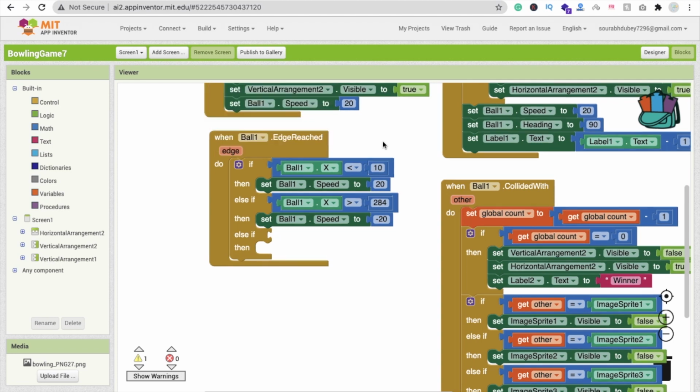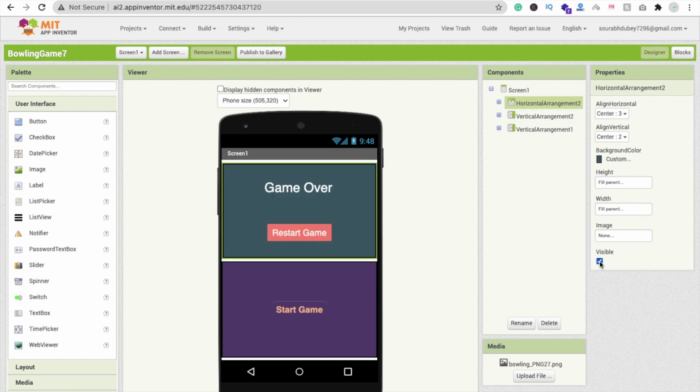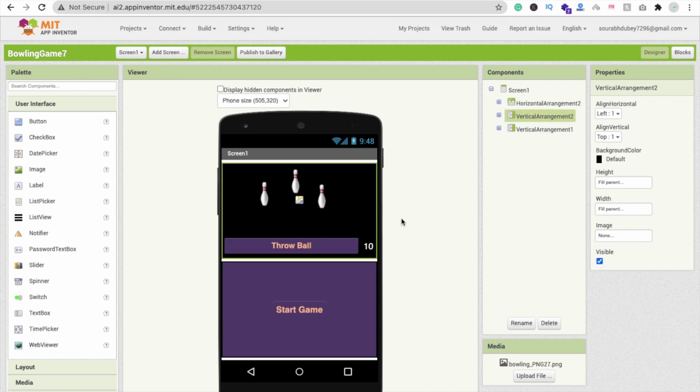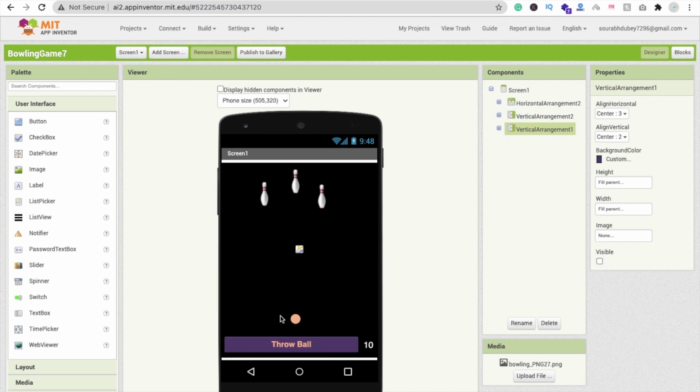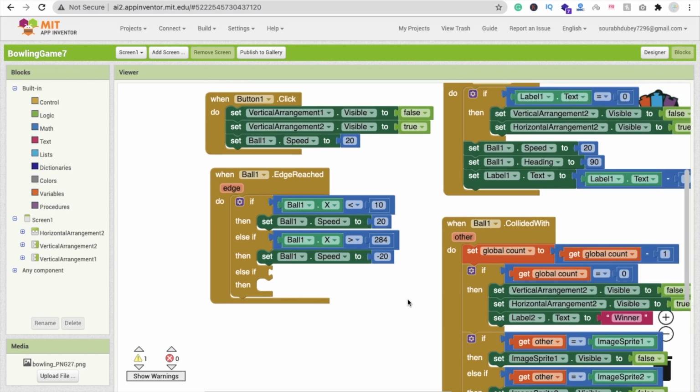So what we can do here is add an else if the y value is less than something. You can see if I go to this wall and make it visible on, and if I make it visible off, click on this ball, the y value is 302. And if the ball is here, then the y value is 79. So what I am going to do here is make it if the y value is less than 10, or less than 5, then we will move this ball somewhere.